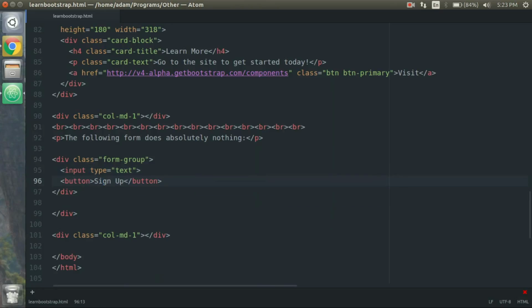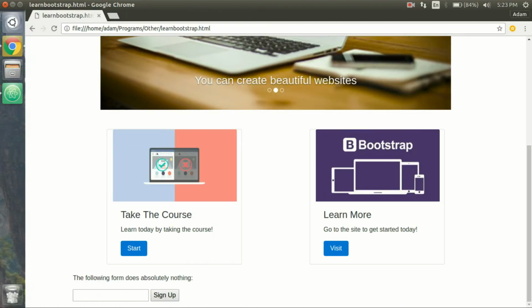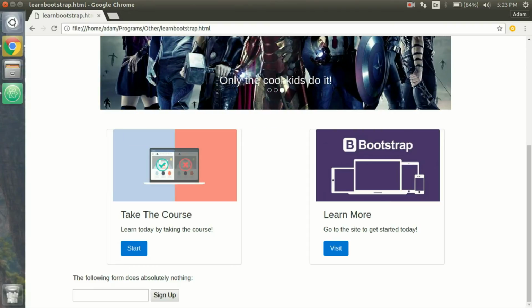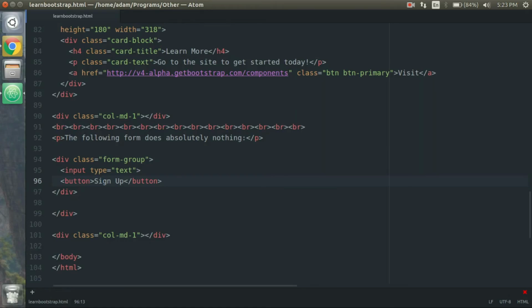So let's see what our form looks like all bootstrapped up. And oh no, Bootstrap has not been applied to this at all. And why is that? Well, we have to put everything inside a form group, but then we actually have to assign Bootstrap classes to the forms. And this is very easy to fix. All we have to do is just open up our text editor, and right here in the input type text, our text box, we are going to create a class, and that class will be